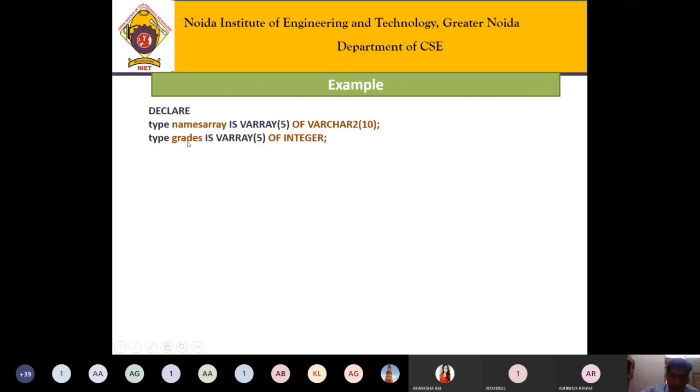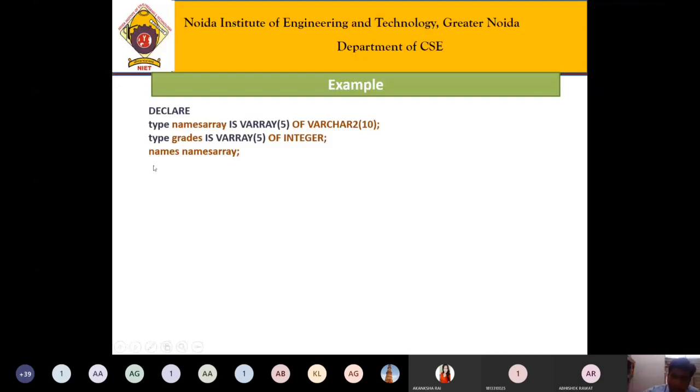So once we have defined their type, we have to declare their variable. So a variable is declared like names is a variable. What is the type of this names? Names type is names array. So first of all, we want to create the array type, right?